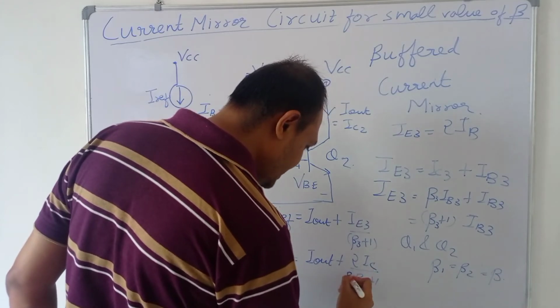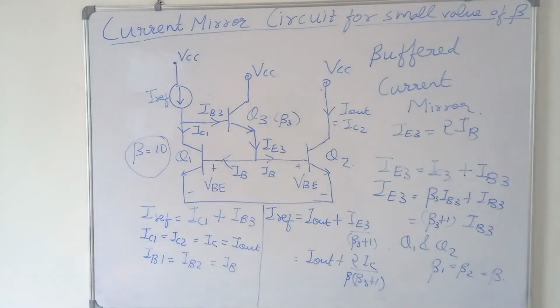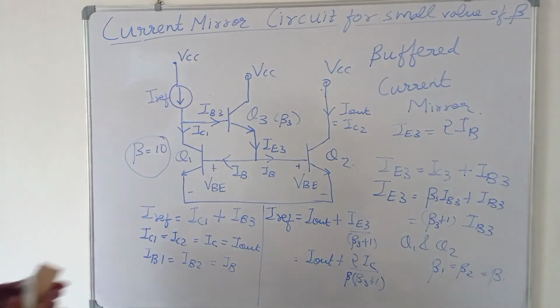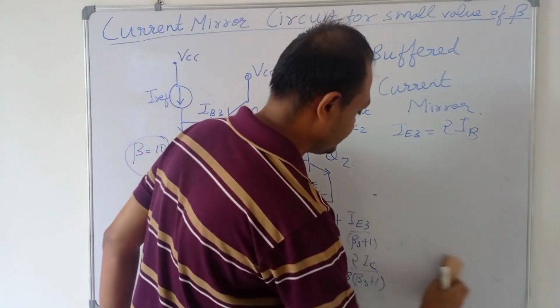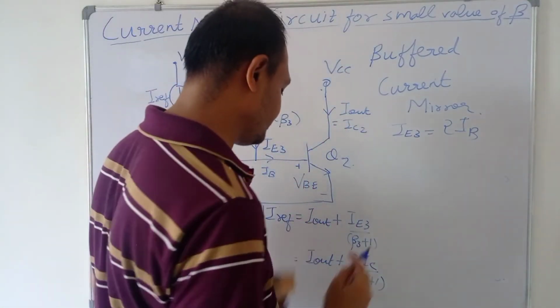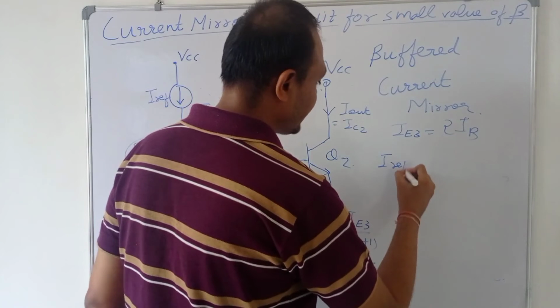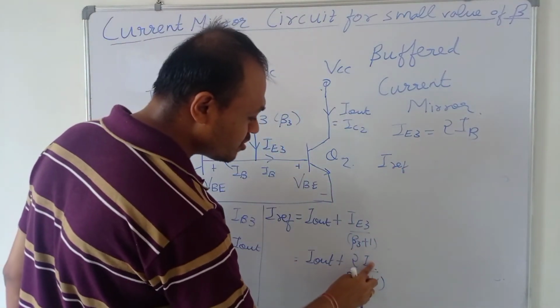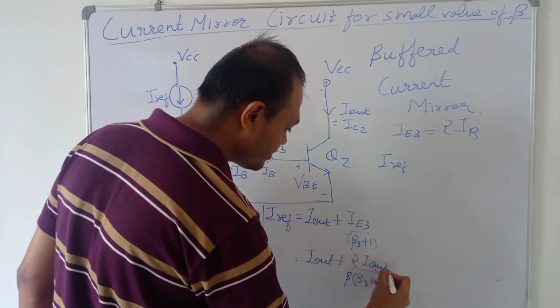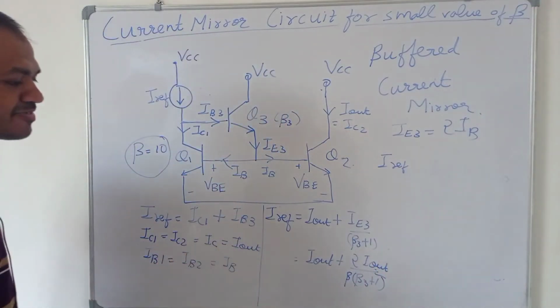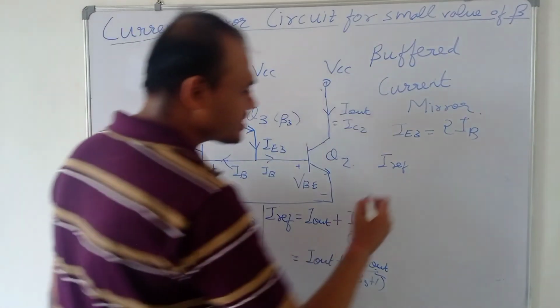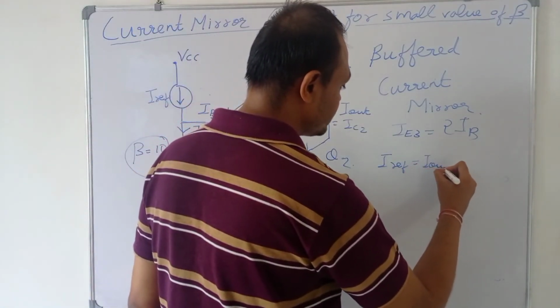So this will be equal to I out plus 2IC upon beta, upon beta 3 plus 1, because IB we can write as IC upon beta. And IC is equal to I out. So in terms of IC we can write it as I out only, because by this equation IC equal to I out. So if we take I out common, then IREF will be equal to I out